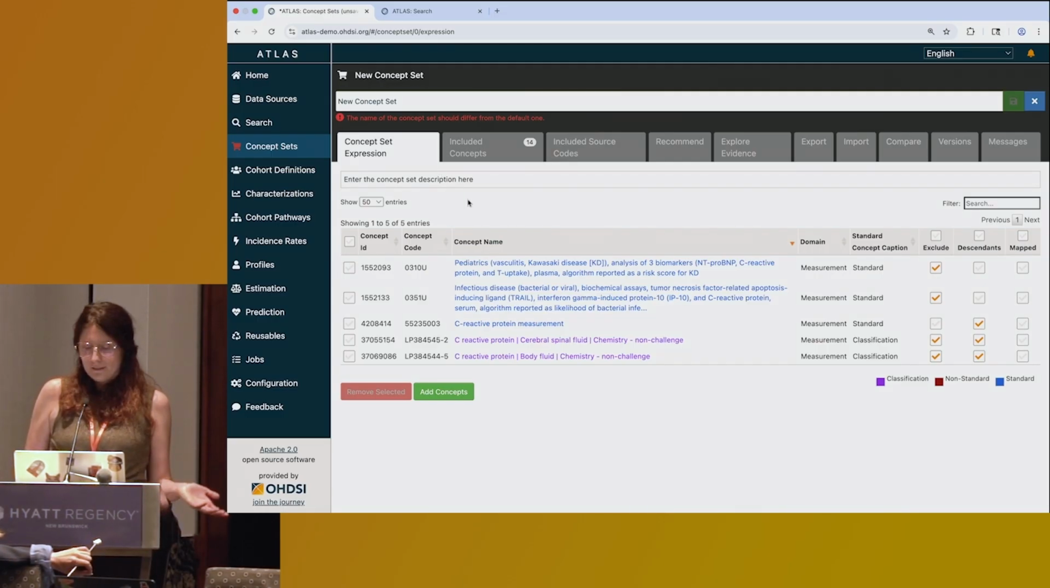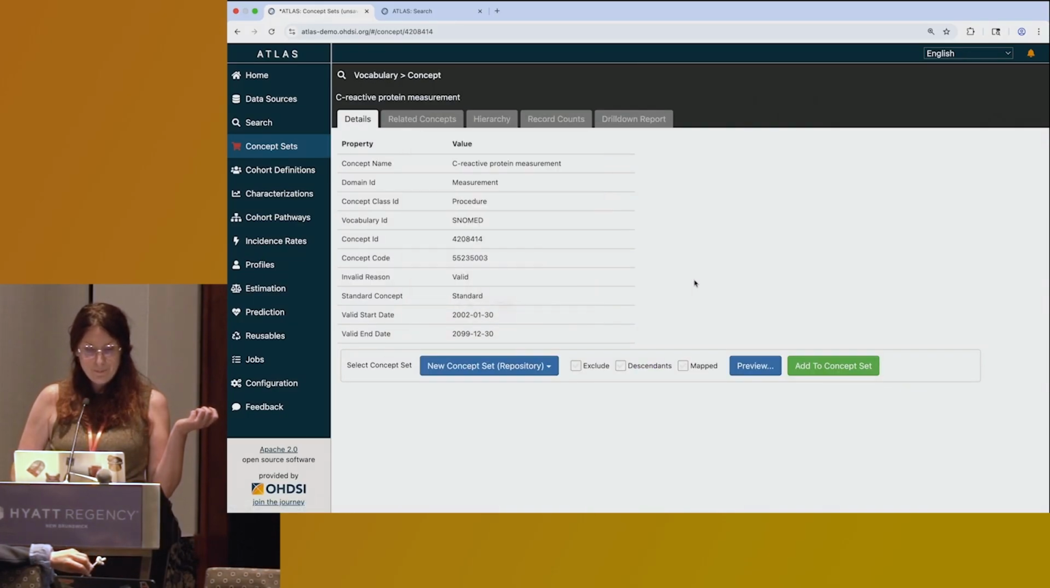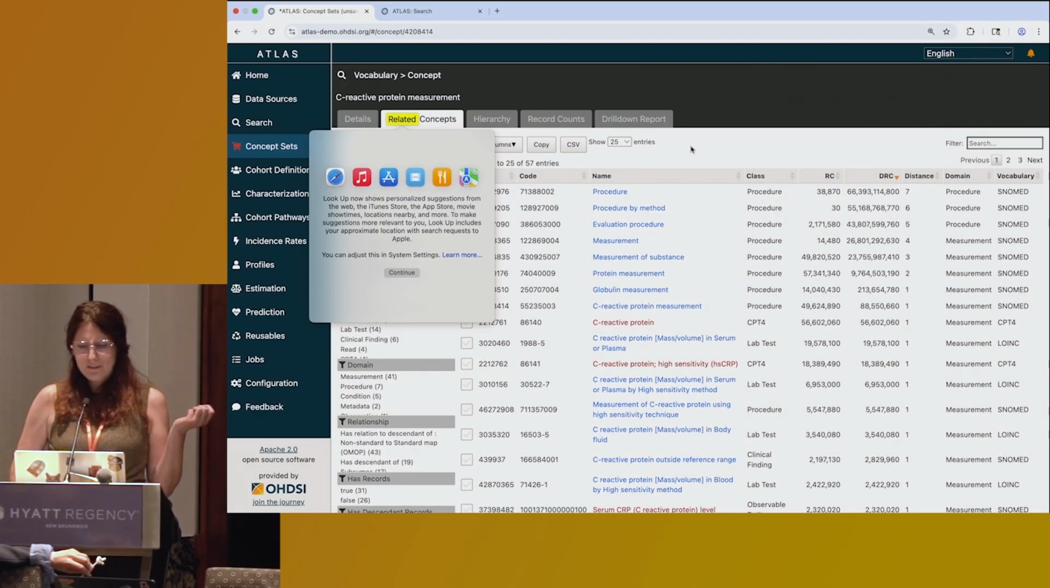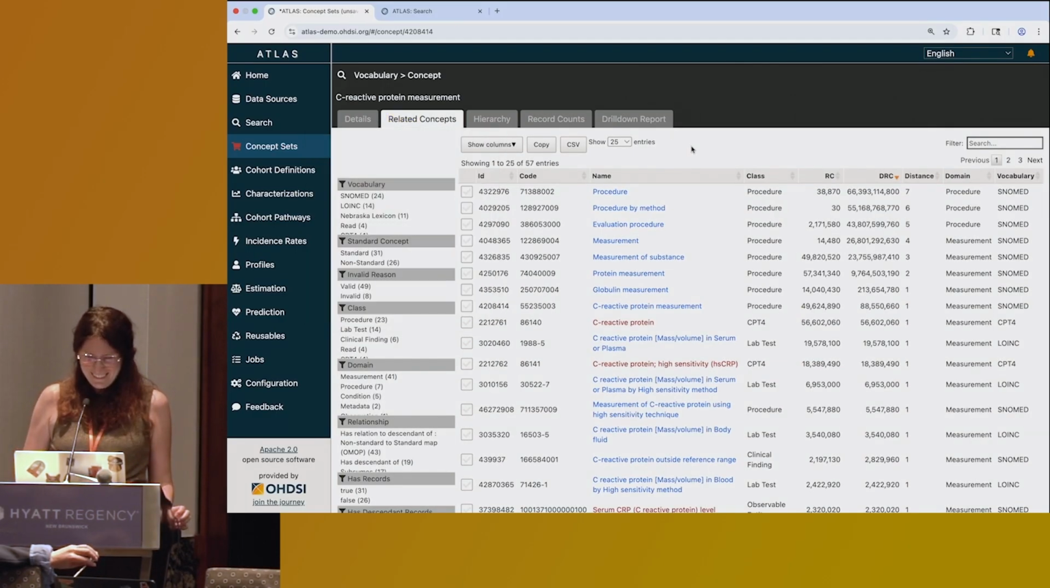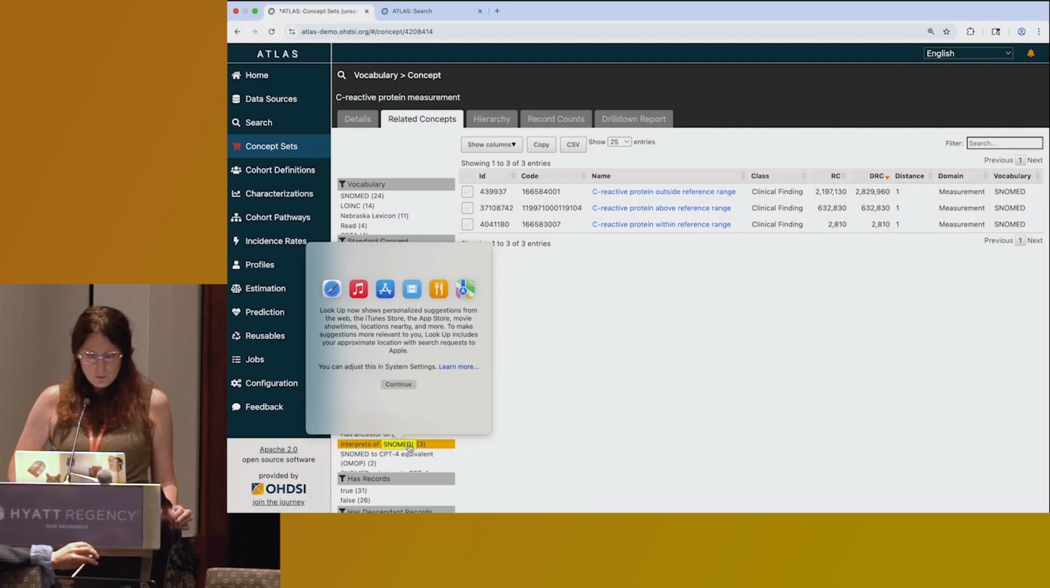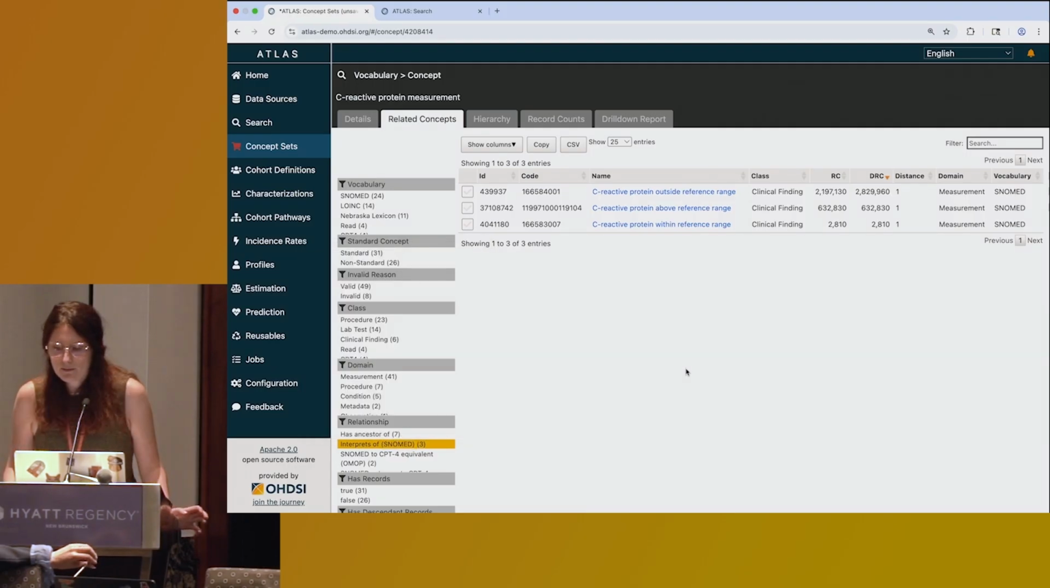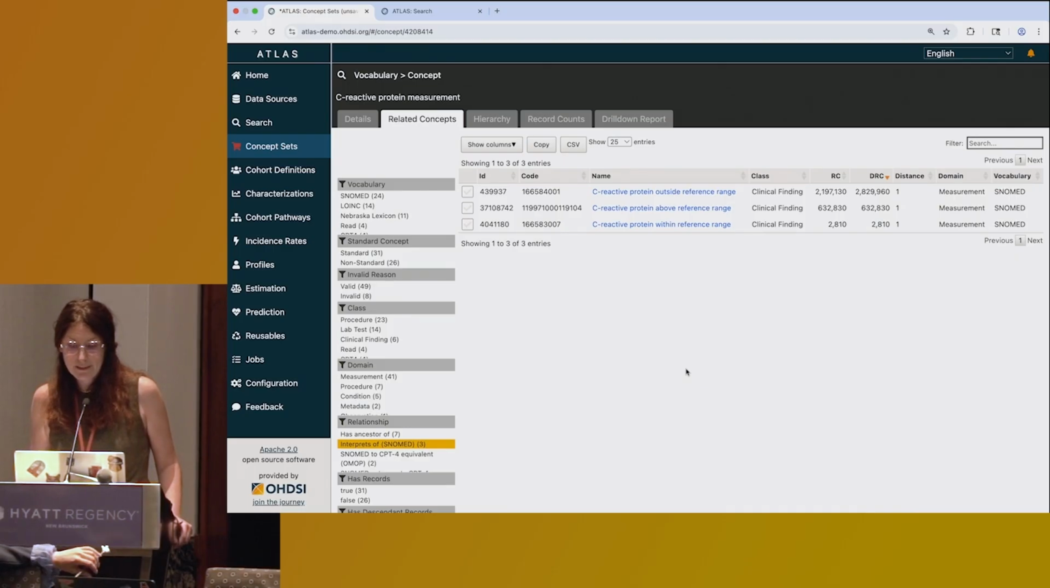How should we find it? We go to C-reactive protein measurement procedure, look at the related concepts. Go to the filters and look at the relationship tab. Here we find interprets of, choose it, and we see clinical findings of SNOMED with the results of C-reactive protein